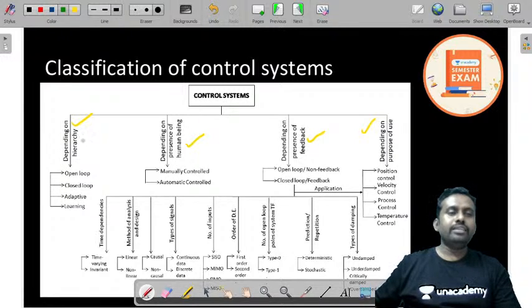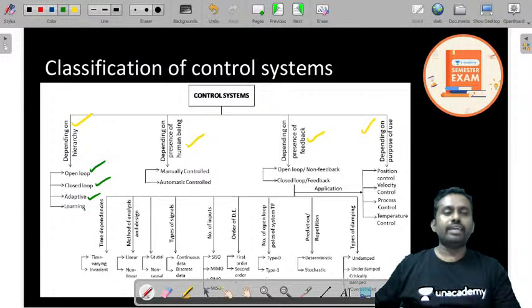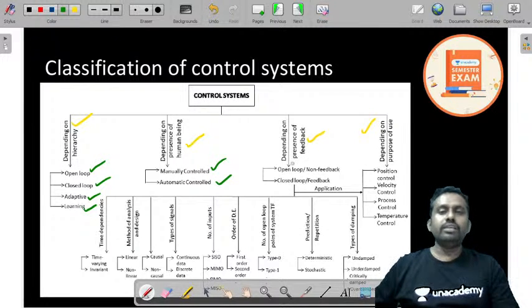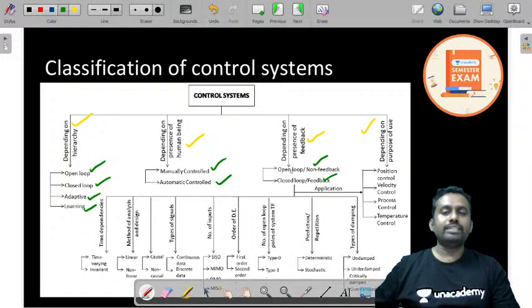If you are looking at the hierarchy, it can be classified as open loop control system, closed loop control system, or adaptive and learning control system. And depending on presence of human being, it is either a manually controlled or an automatic controlled control system. And based on the feedback, you'll call it a feedback or non-feedback system. It's one and the same as open loop and closed loop again. And depending upon the purpose of use, you can classify as position control system, velocity, process, or